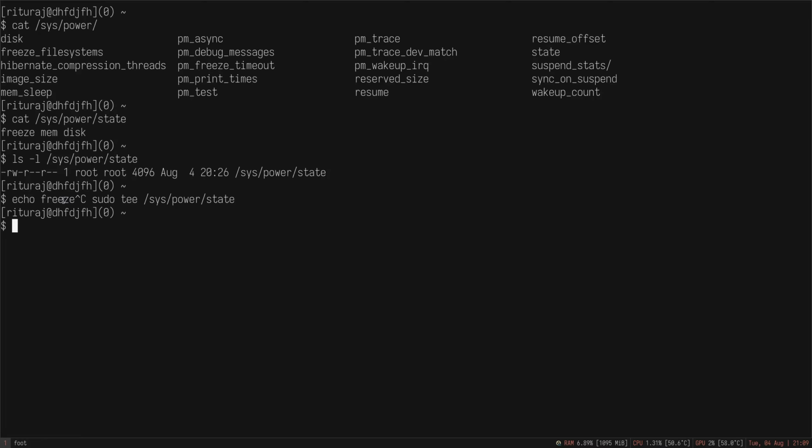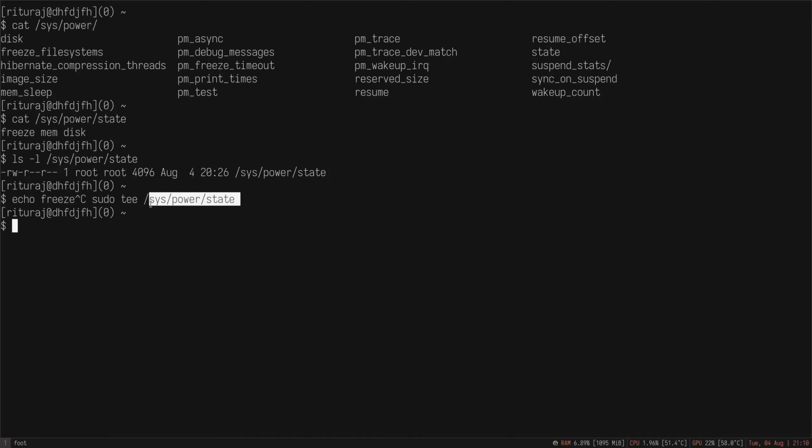So with that, I'm not going to run this, but you can feel free to run these commands. These will not impact your system in any way. You can basically set your system to sleep or hibernation using this, by writing to this file directly,